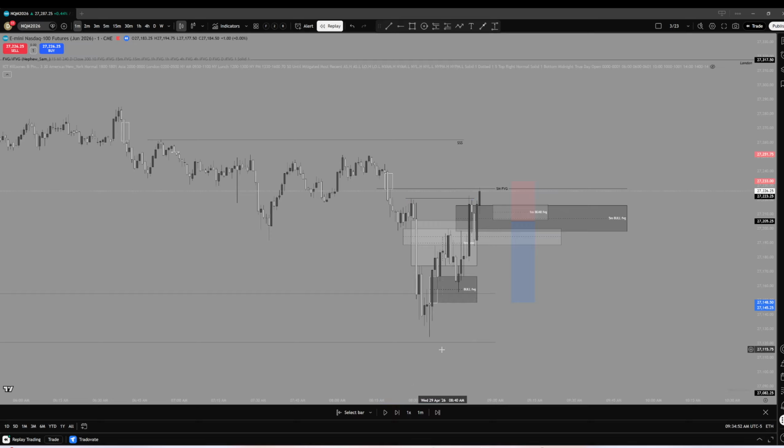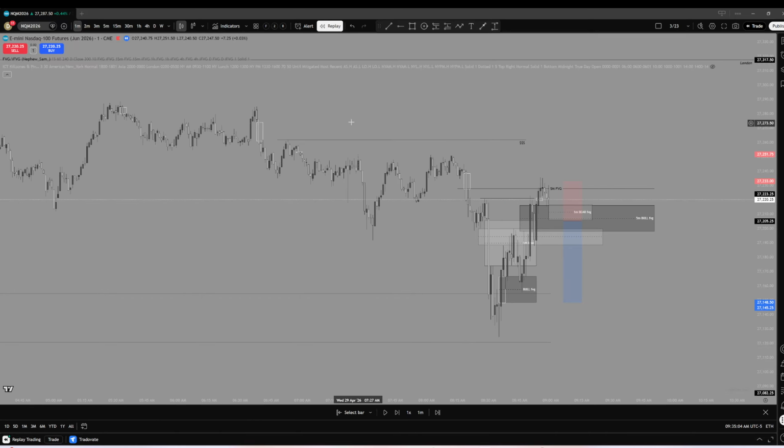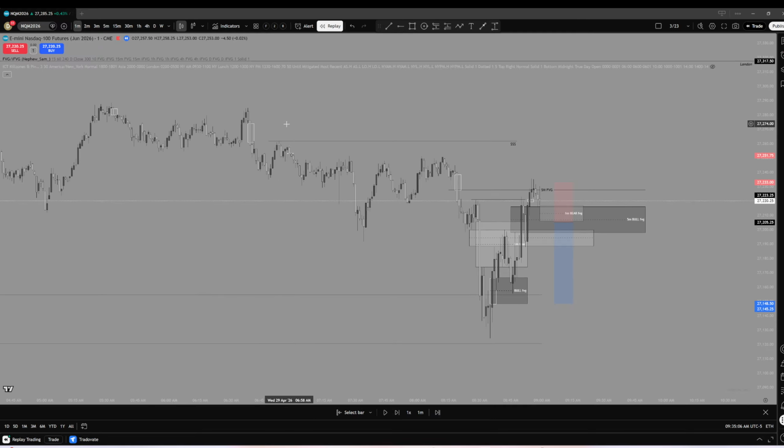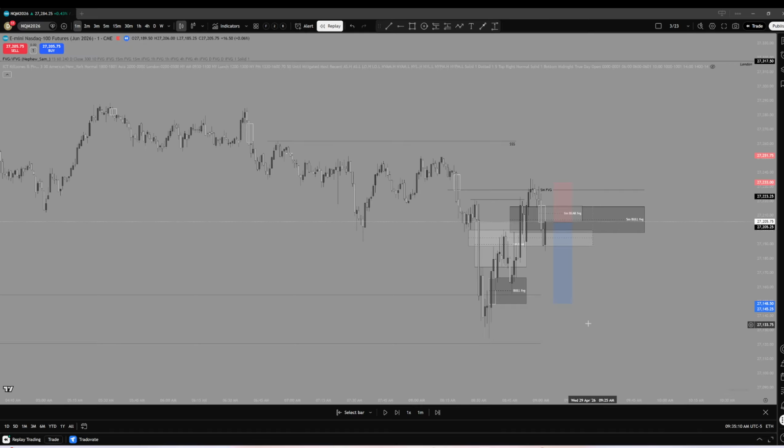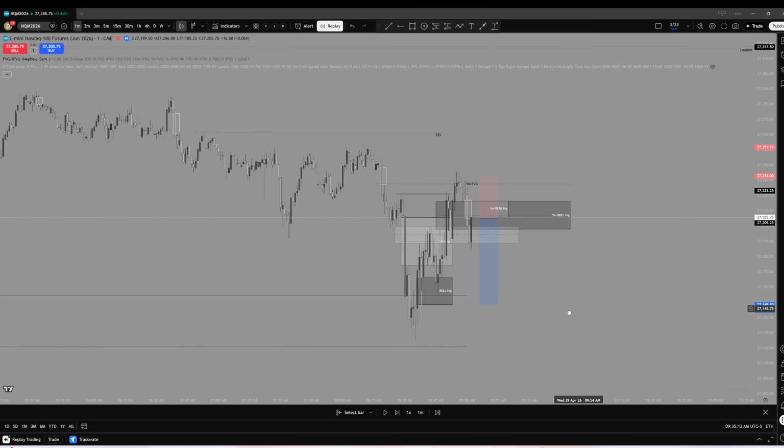Now, with hindsight, I'm not mad at this break even, or I'm not mad about going break even. I thought that we would have went and taken out this high, and potentially London, potentially this high right here, and we just didn't. So it is what it is. And then we start displacing lower,